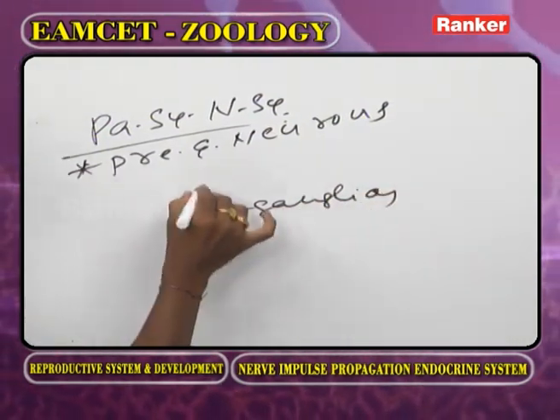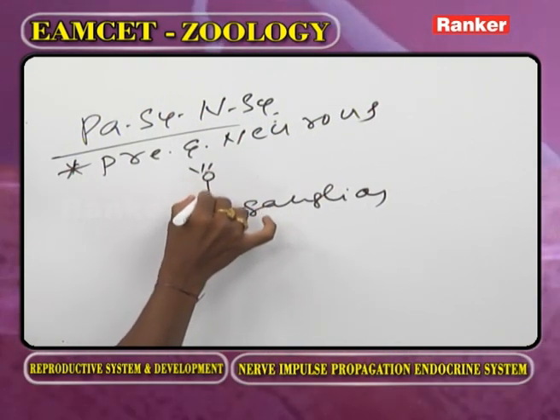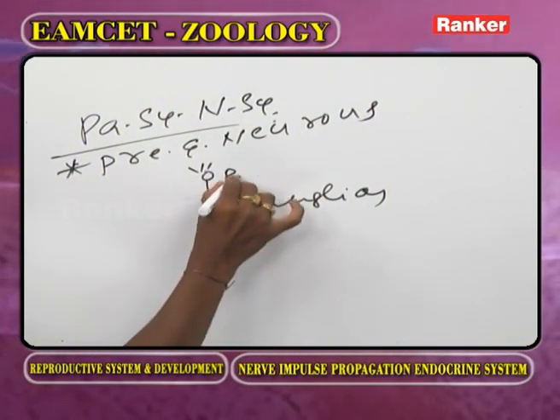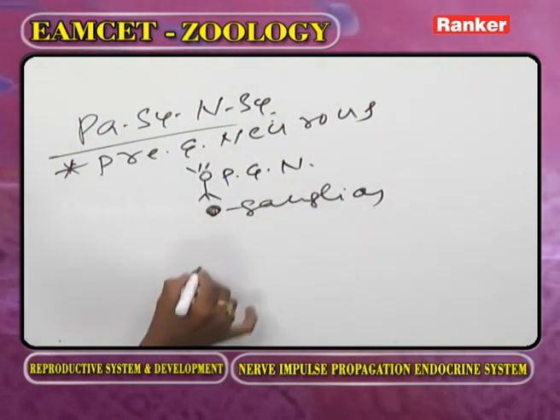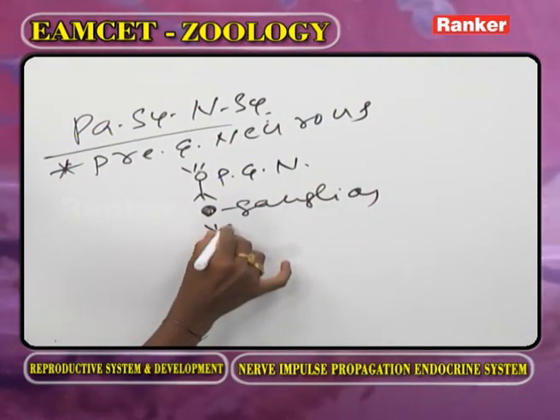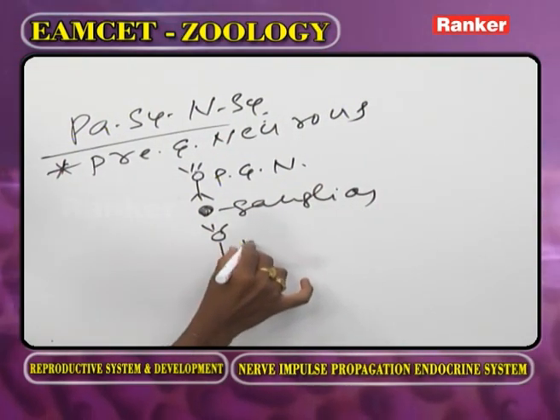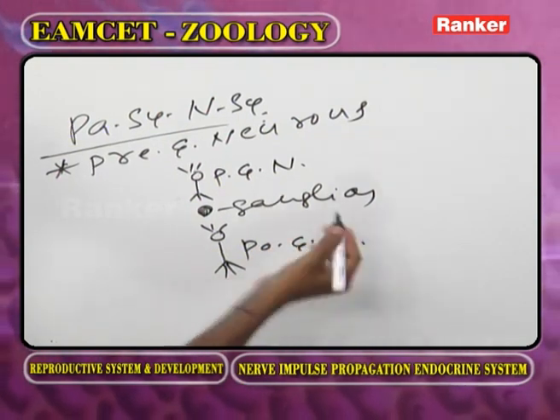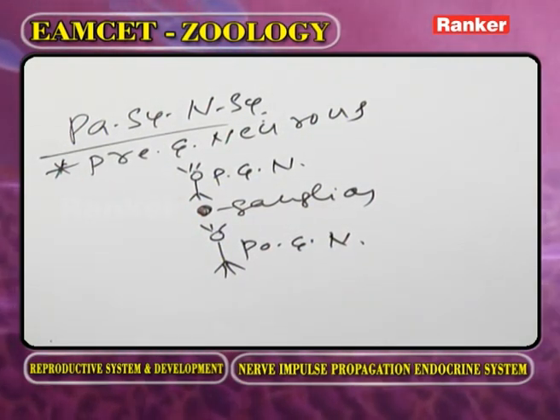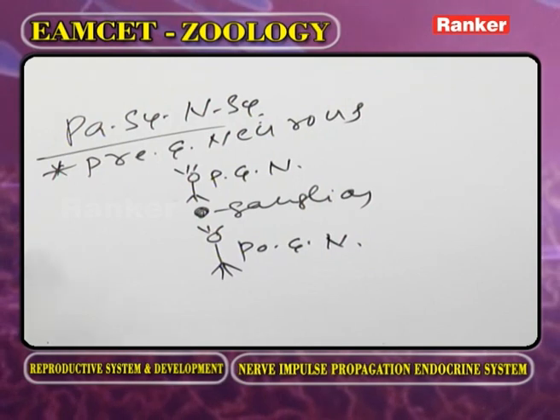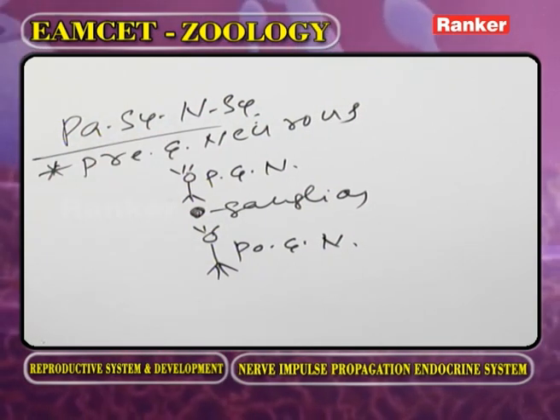In front of the ganglion, the neuron present is called the preganglionic neuron. Behind the ganglion, the neuron present is the postganglionic neuron. Now here, what type of question are we asking? Parasympathetic nervous system is called